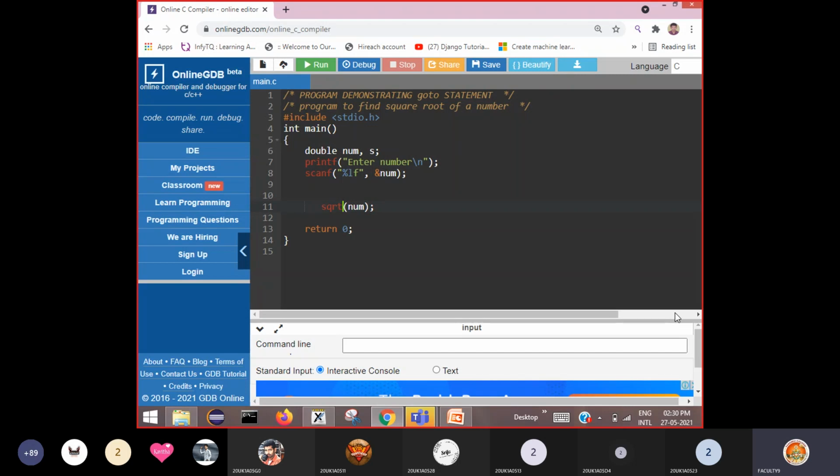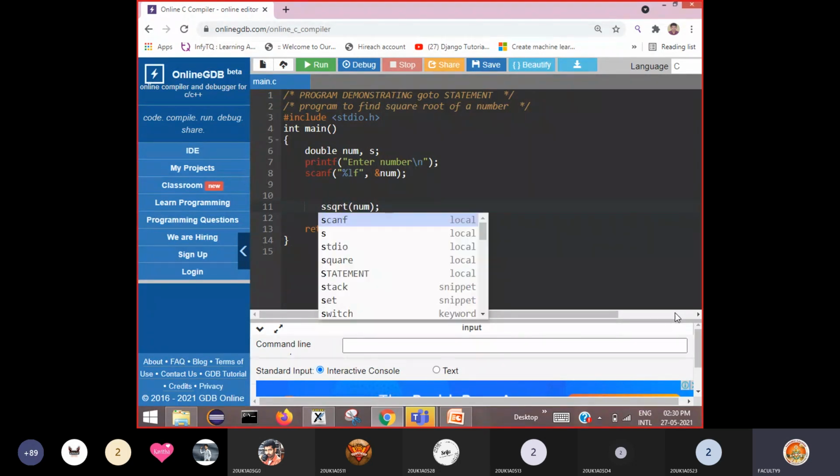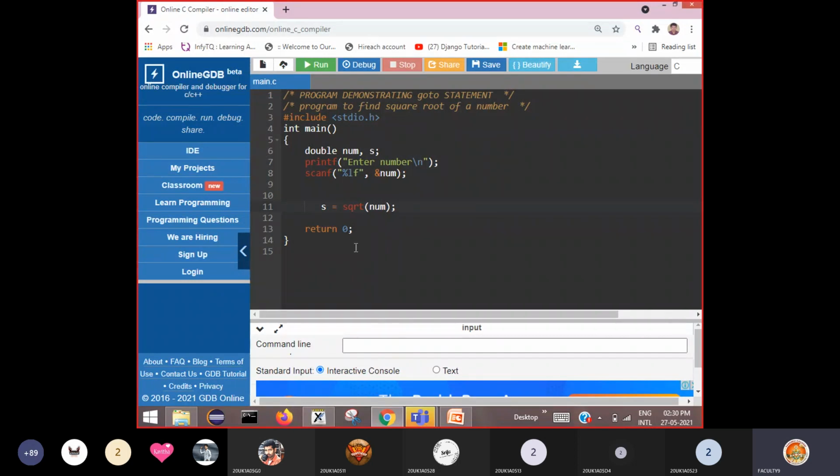Okay, so it calculates the square root and returns that square root value, so that you have to catch in a variable. So I am catching it in variable s here. s is equal to square root of num. So it calculates the square root of this num and returns that value. So you store that value in a variable called s. So if you print s, then that prints